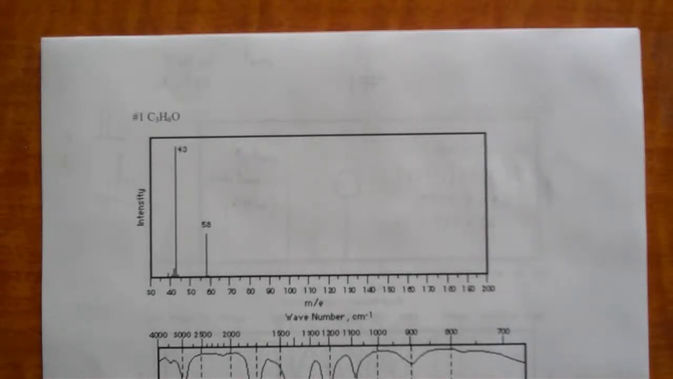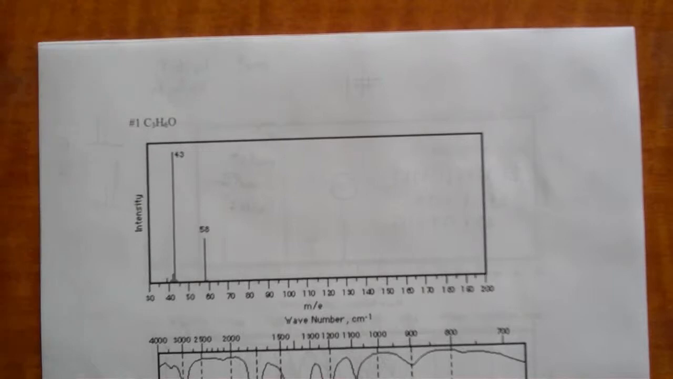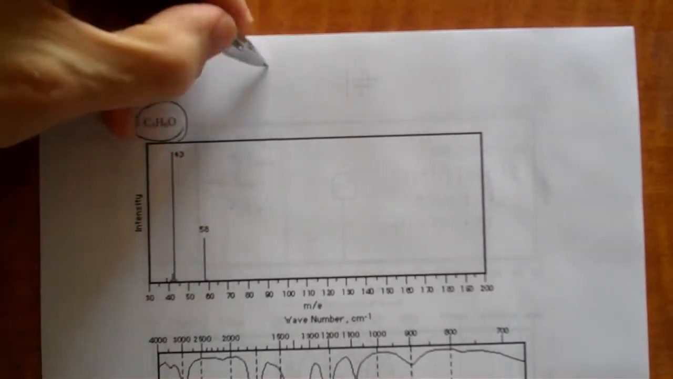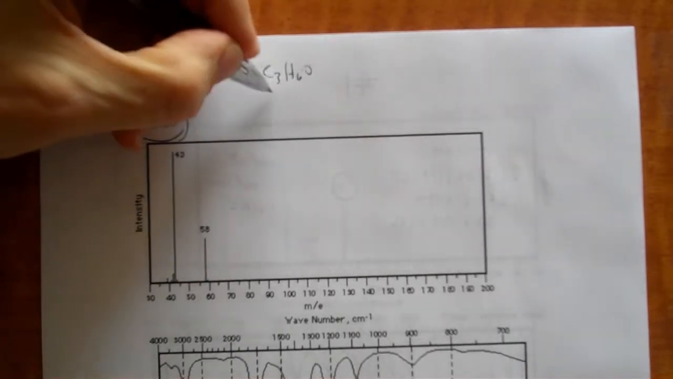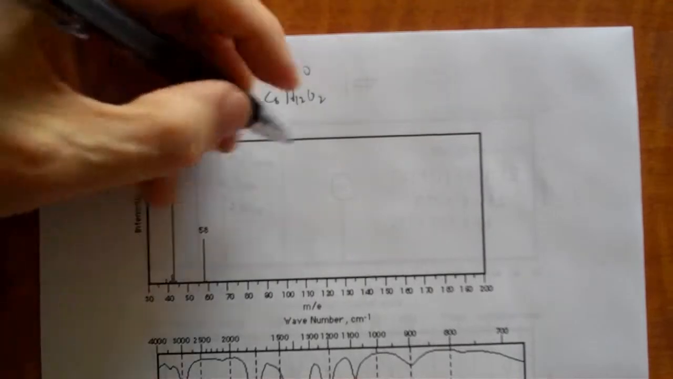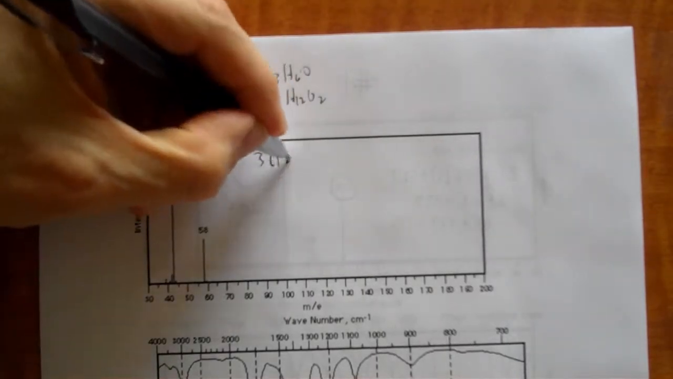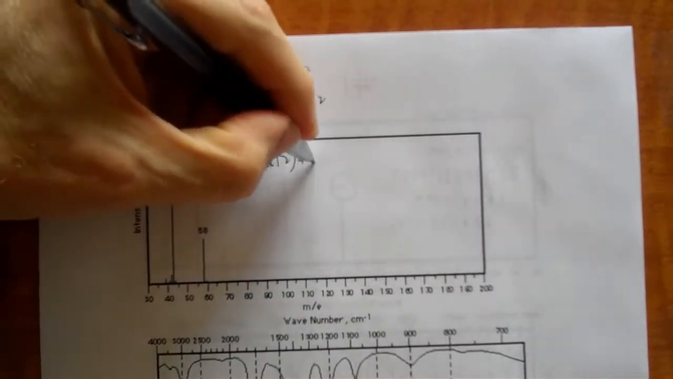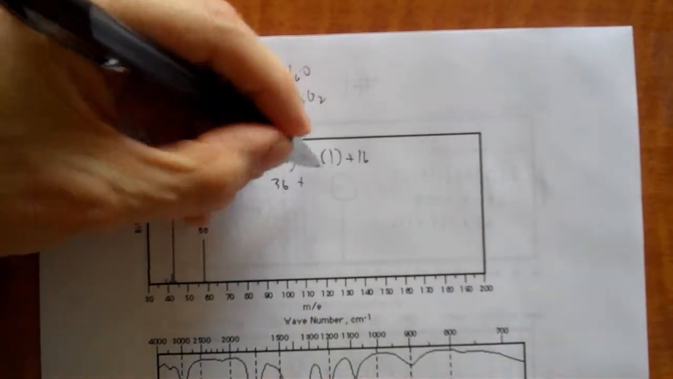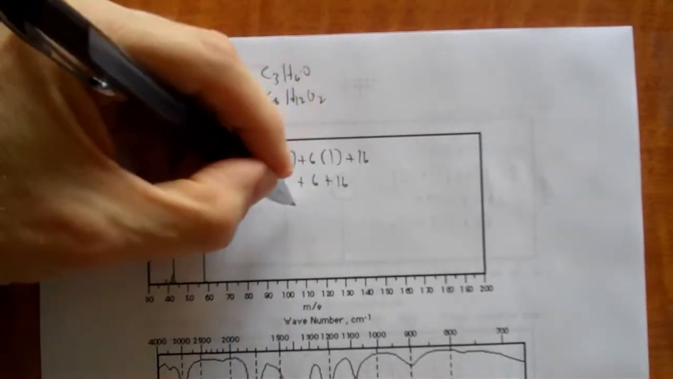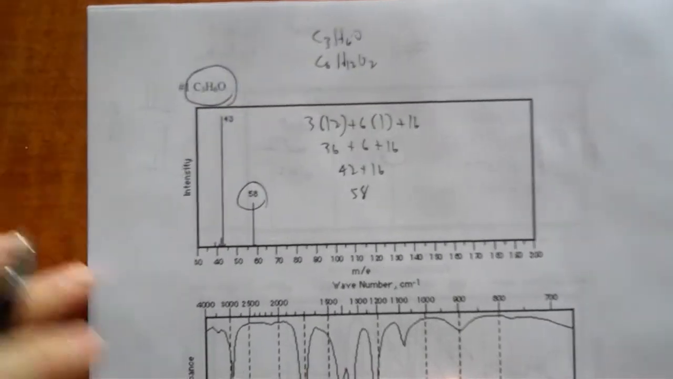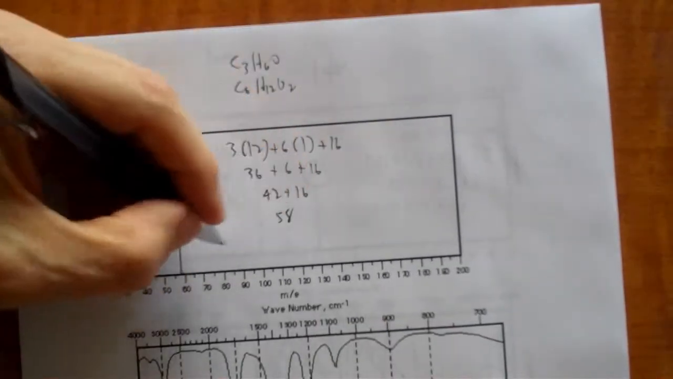Okay, so we have an empirical formula of C3H6O. That could be either C3H6O or C6H12O2 or so on, right? So we're going to consider first of all the simplest possibility: 3 times 12 plus 6 times 1 plus 16, which is 36 plus 6 plus 16, 42 plus 16, 58. 58 is my molecular ion peak, and so therefore